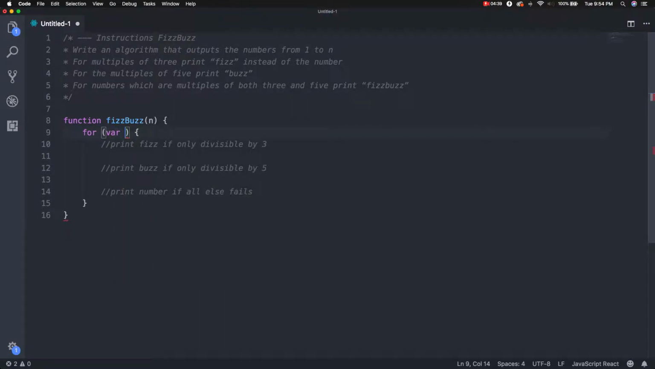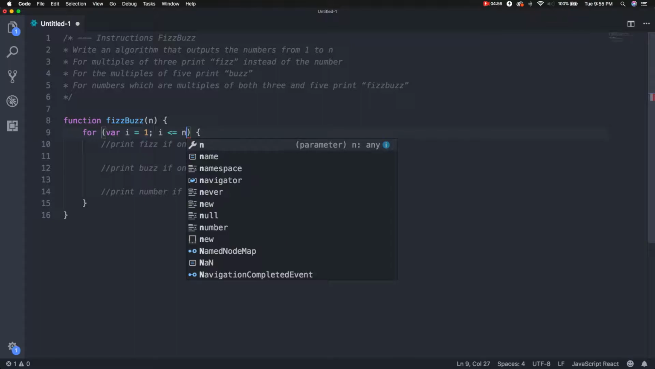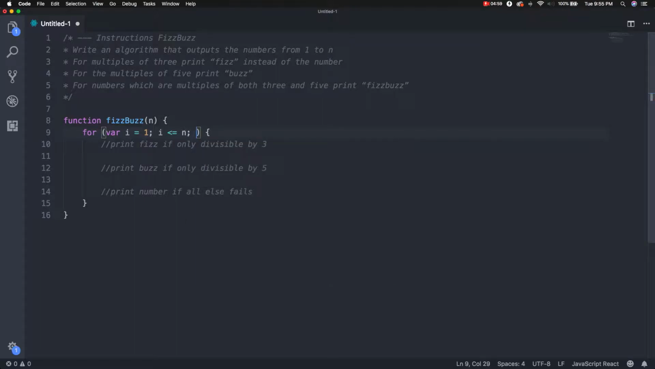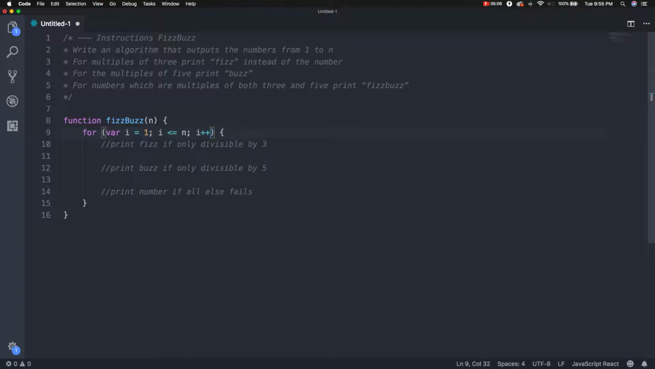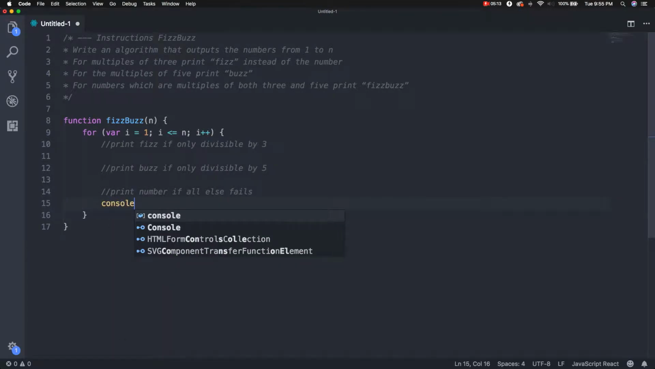So for variable i, doesn't matter the letter, it's just a standard thing, equals 1, because we want to start from 1, not from 0. That's important. As long as i is less than or equal to n, because we want to actually go through that last number n. Every iteration we're gonna increase i, right? And we know that we want to output something, that's for sure. So console.log,